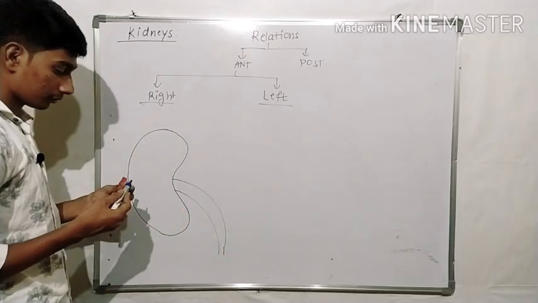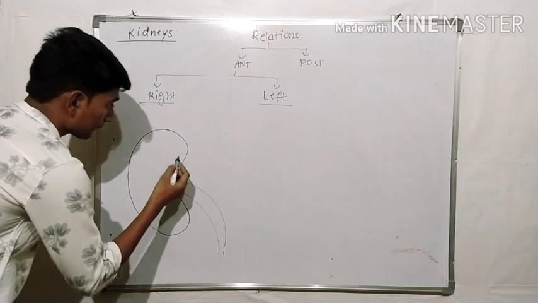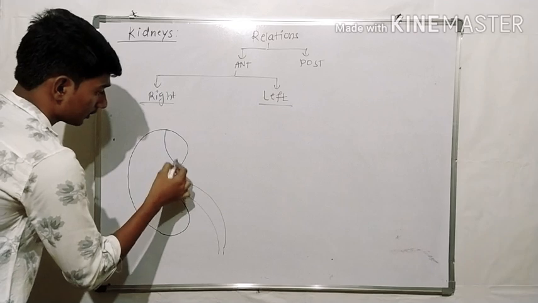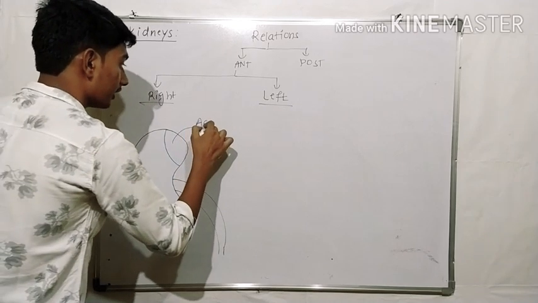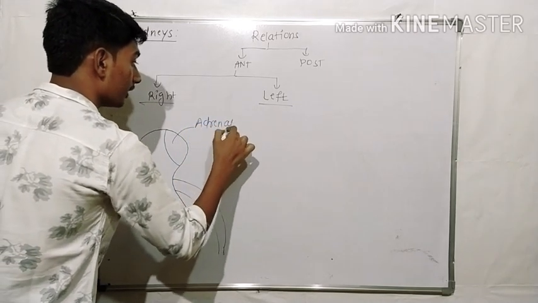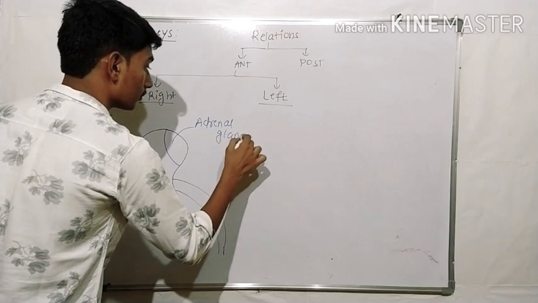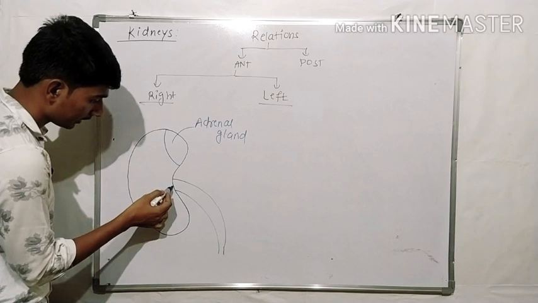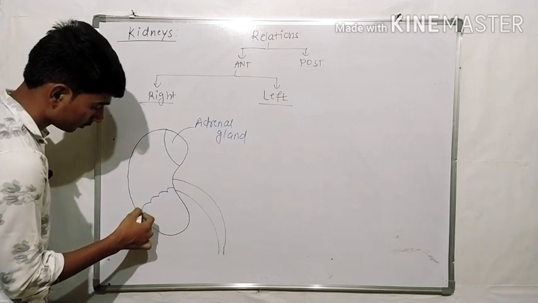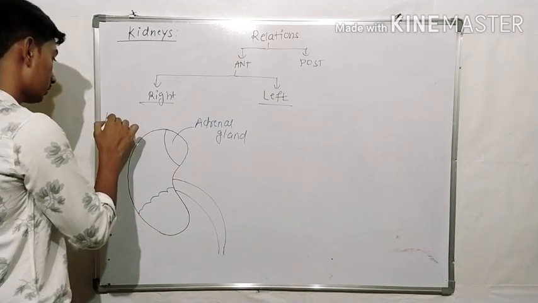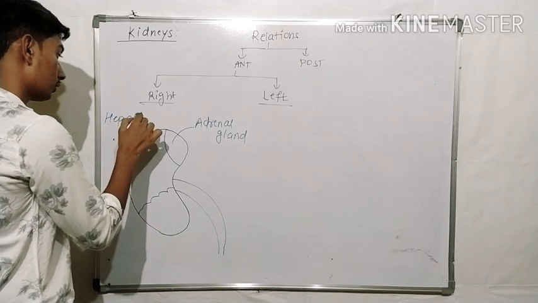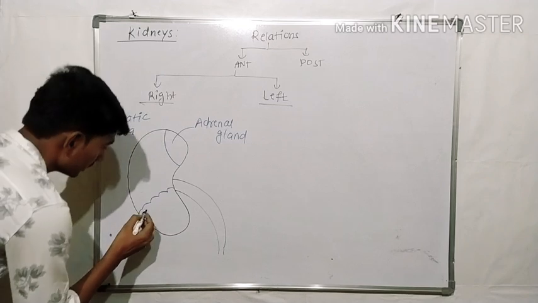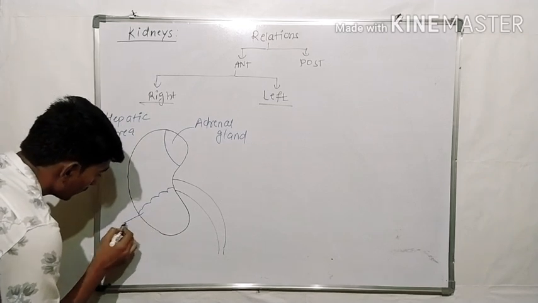Okay, now this area is known as adrenal gland, area related to adrenal gland. Okay, then this is hepatic area, hepatic area. Then this one is colic area,